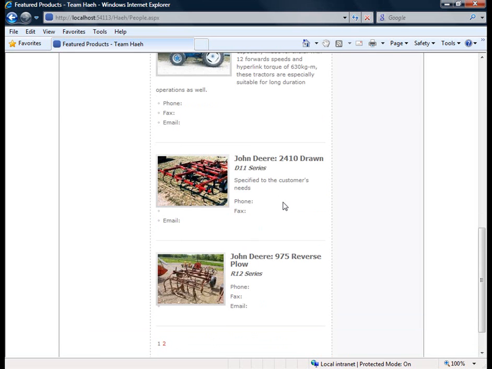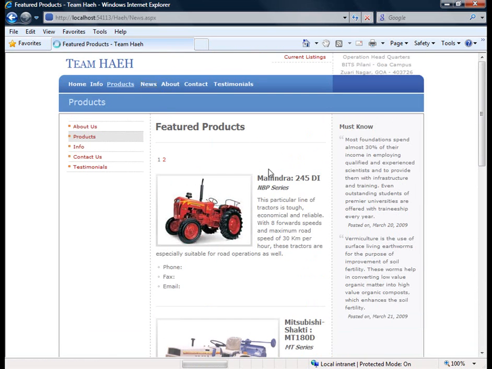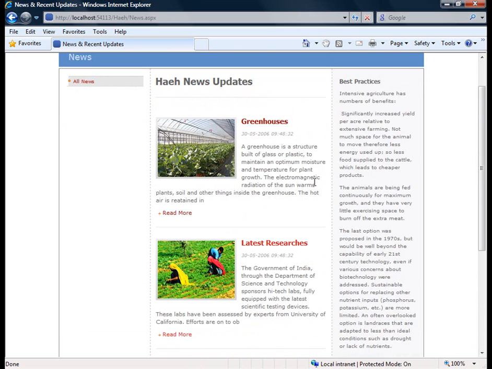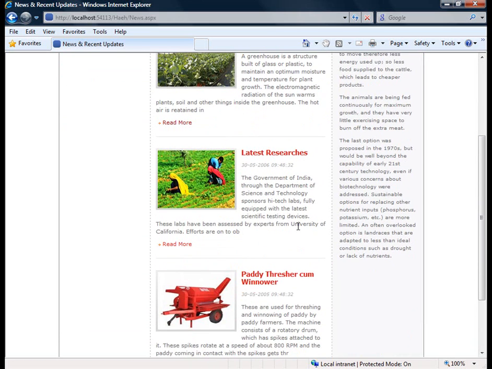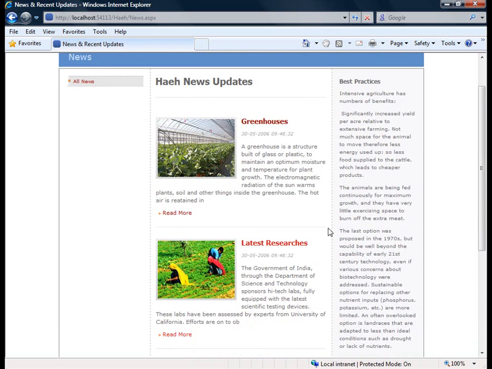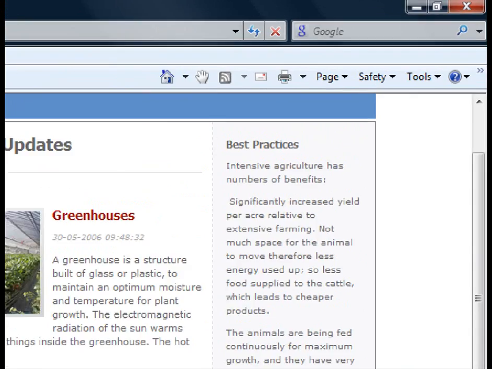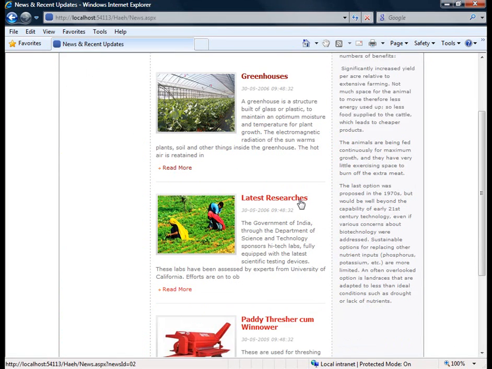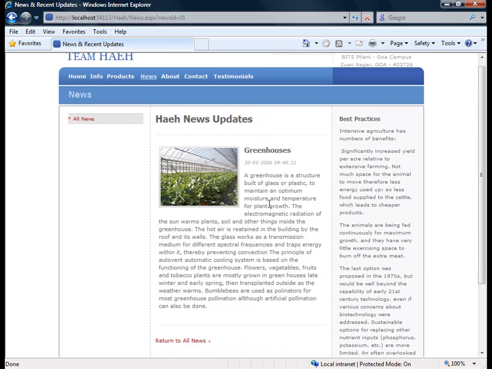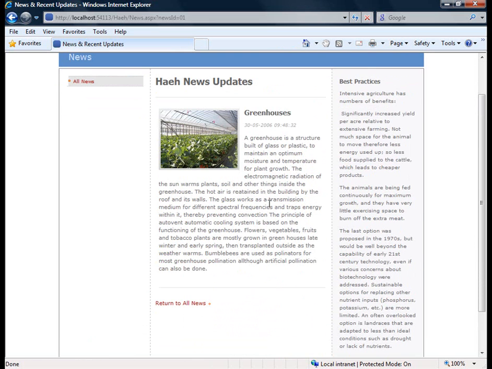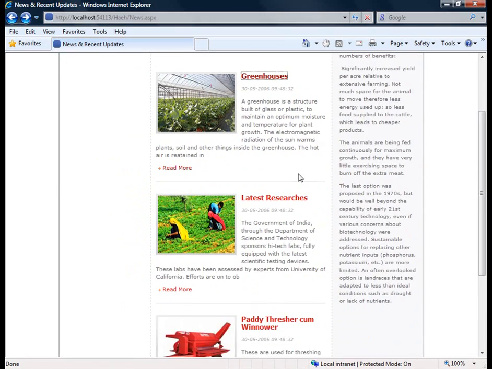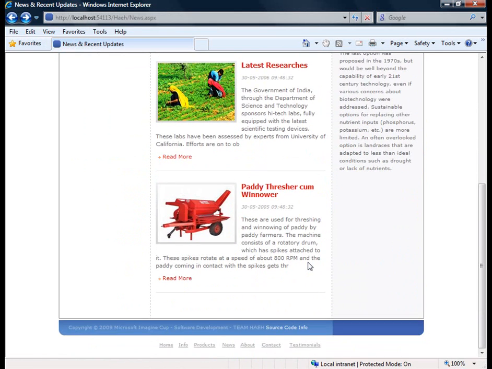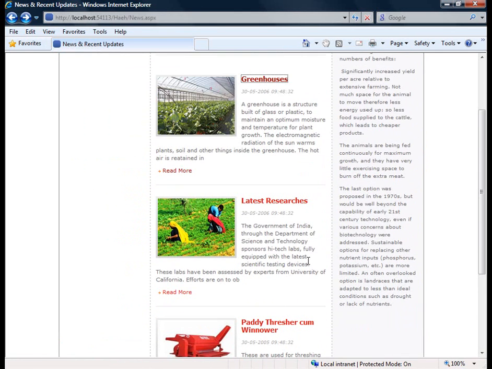If you click on a particular product, the information will be available. Then go into the news feed, all the latest news related to agriculture, the latest research, and the latest farming practices to educate the people, so that the best practices can be recommended to the farmers, so that they can actually take risks. The availability of international requirements of the crops can be seen, and basically the farmer can decide on what he's going to use. Maybe even the latest technologies and latest crops he wants to grow based on the demand in the international area